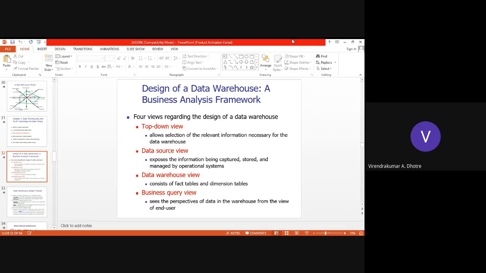Third view is data warehouse view, which consists of fact tables and dimension tables. The data which we are going to store in tabular form or in other forms, we should consider that also. The data warehouse view will consist of these fact tables and dimension tables so that we can store that data. That should be the approach of design.